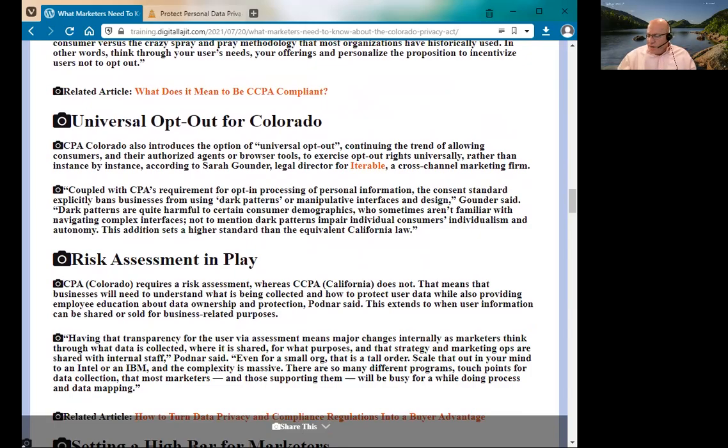So with that, let me talk about a couple other things. The states are passing these laws because consumers are concerned about what's happening with their data, and the feds are not doing anything. I guess it's possible the feds might do something. I'm not counting on that, but it's certainly possible. And if they do, then the question becomes, will the state laws be overridden by the federal law? That's also possible. Businesses, of course, are concerned that there's more compliance responsibility and more challenges for them in terms of what they can and can't do.